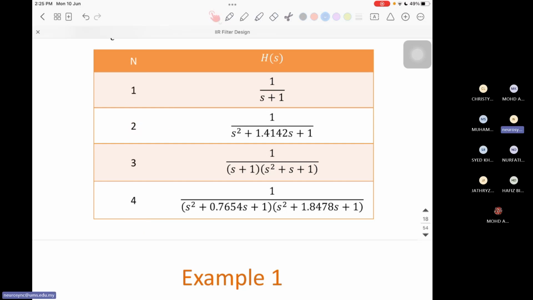Okay. So for the third order filter, you will get the transfer function like this. In the numerator, it is 1 only. Only the denominator function is changing. Please understand, in the Butterworth filter, there is no zero. Only poles are there. And all poles will lie on the left half of the s-plane. Okay. So you will get only the left half plane poles. So these are the poles you will get.